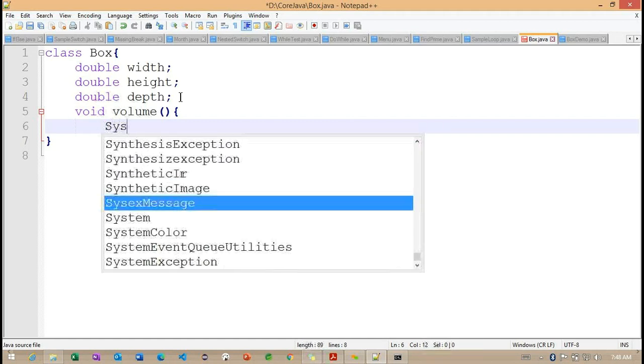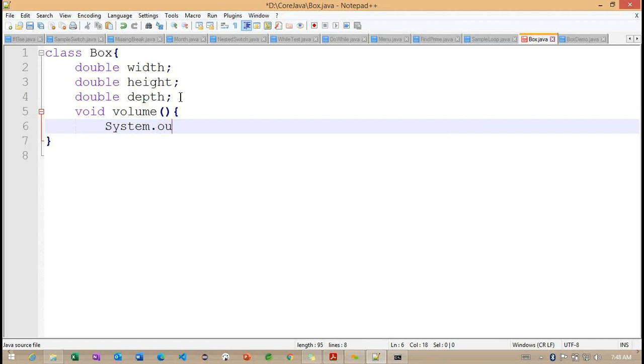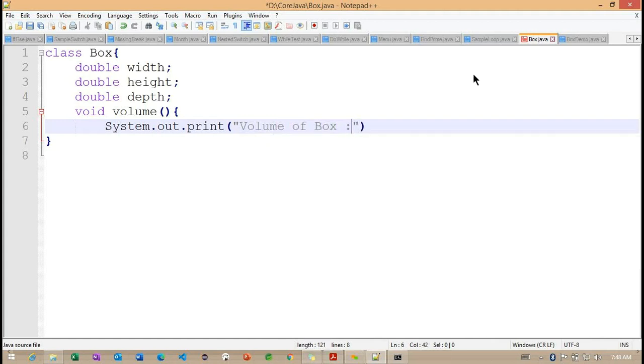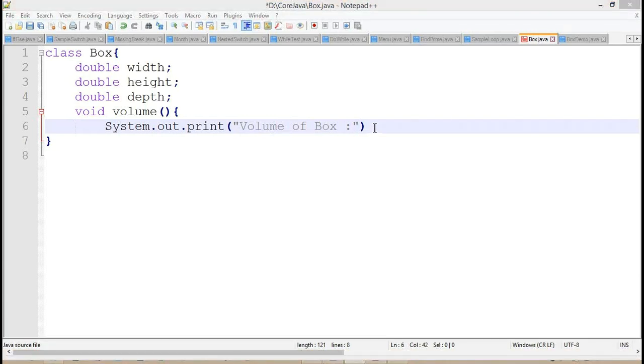Right. Now System.out.print I want to provide here. Let me provide the message: volume of this particular box.